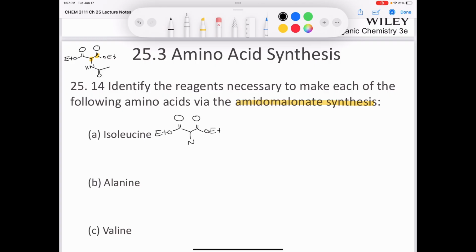Here we go. It's a pretty ingenious synthesis, really. So we're going to treat it in step 1 with sodium ethoxide to do the deprotonation. Step 2, we're going to treat it with our alkyl halide, which in this case would be 2-bromobutane. And then step 3, we just hydrolyze the whole thing with aqueous acid, and we're going to heat that up,